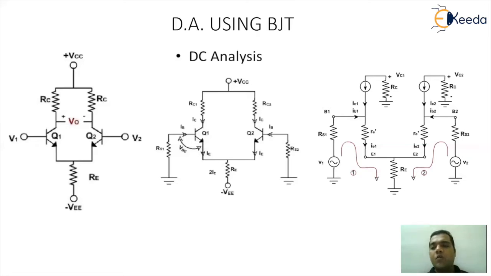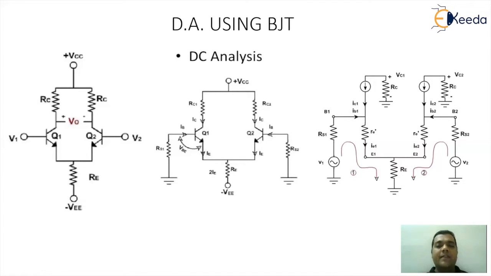Now, if I want to go for the AC equivalent circuitry, under AC equivalent the DC battery points work like ground points, and that's the reason the RE resistor at the lower end is connected to ground. At the top end, you have the resistances RC, which are also connected to ground. Now the transistor gets replaced by its model. Whenever we talk about the representation of the model, we have seen that a transistor can be replaced by the re model, hybrid model or hybrid pi model. Depending on your requirement or suitability, you can take the model accordingly.